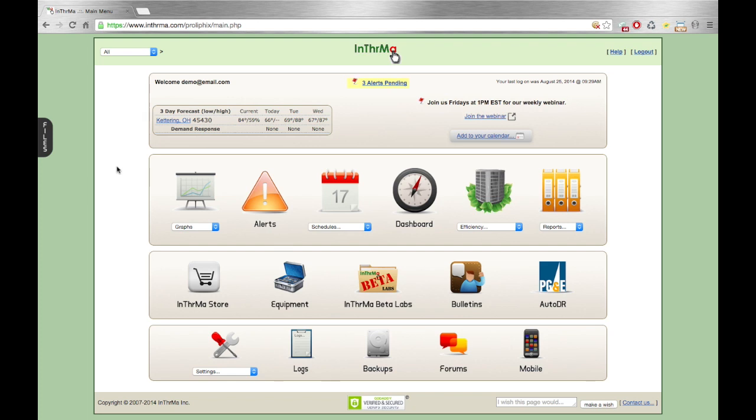Today we're going to cover thermostat provisioning. This is an advanced feature for folks that have multiple thermostats and need to quickly generate reports or provision thermostats in bulk. We're looking at the main menu right now, and to get started with the provisioning features, you're going